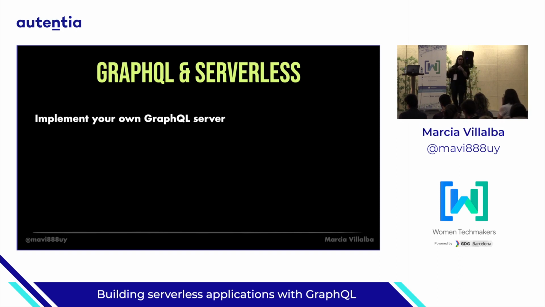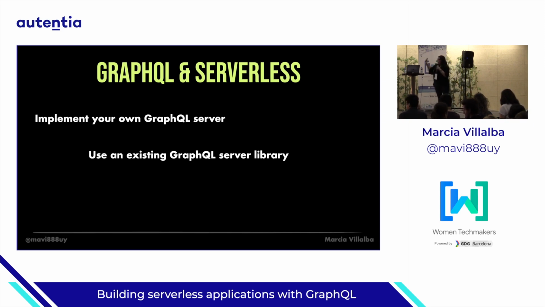That is not easy. You need to manage this JSON coming in, and the request, and the parsing, and all these kinds of things that all GraphQL applications over the world are doing. But some people have written their own GraphQL server. Then you need to maintain it and put it up. If there is a lot of traffic, increase it, decrease it, and all the pain of managing your own server.